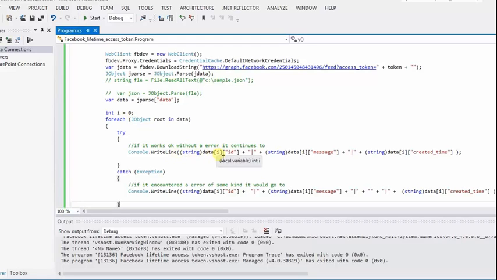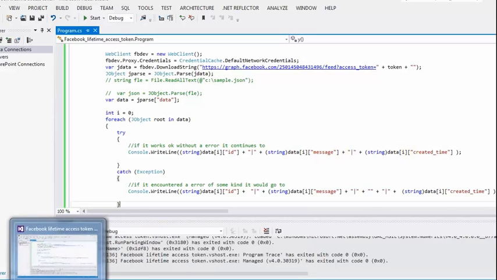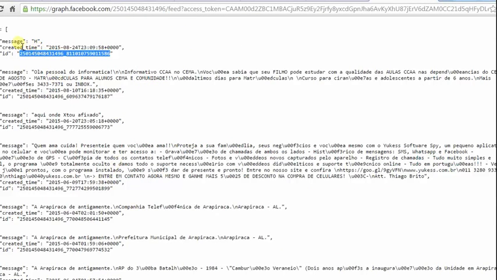That means I'm reading data 0 of ID, data 0 of message, and data 0 of created time. Data 0 of message is H, data 0 of created time is this one, and data 0 of ID is this one. So this is the index: 0 is the index for the first post, 1 is the index for the second post. In that way you can read each and every post line by line.